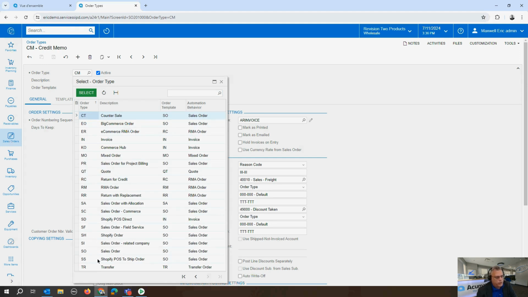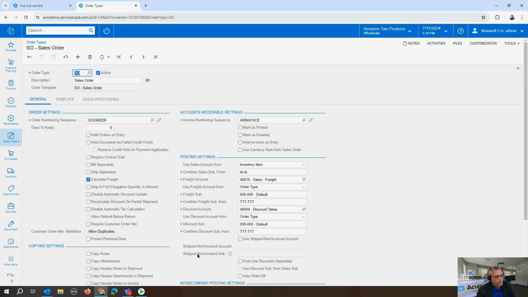Let's start with the sales order first. At the end of the day, we'll produce an invoice, and here we have the option to use the sales account from. This is where we'll take the sales account from. In this example, we'll take it from the inventory item. Each item can have a sales account assigned to it, so depending on the item that you're selling, it will book against different sales accounts. In our case,